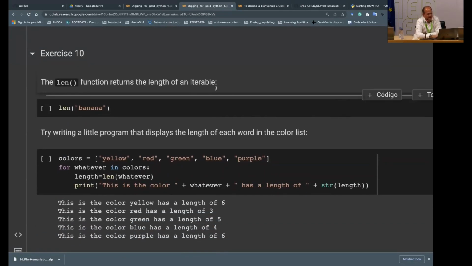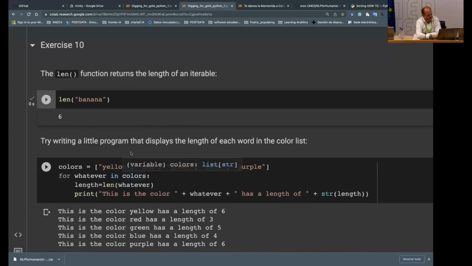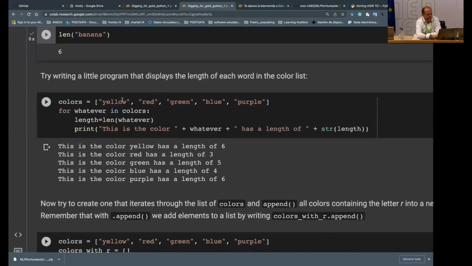Okay, this is exercise 10. We use the function length to obtain the length of the banana. Perfect, we say it's a 6. And now we are trying to write a program that displays the length of each of the words in the color list. Easy, no? I am going to help you. Colors is the list. Okay, perfect. No problem. Brackets, elements,